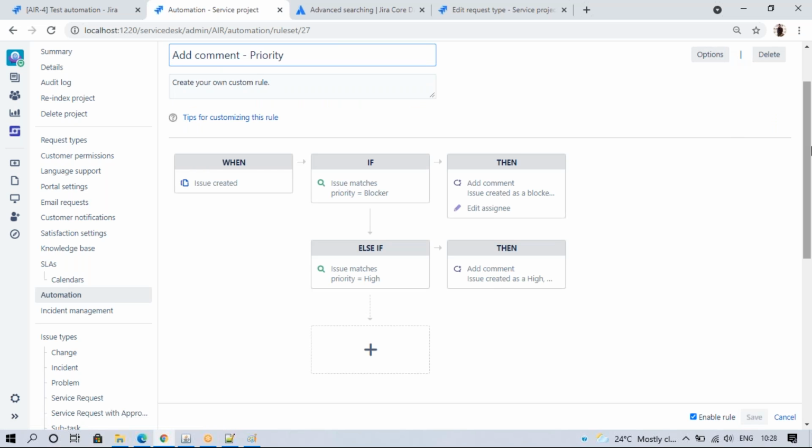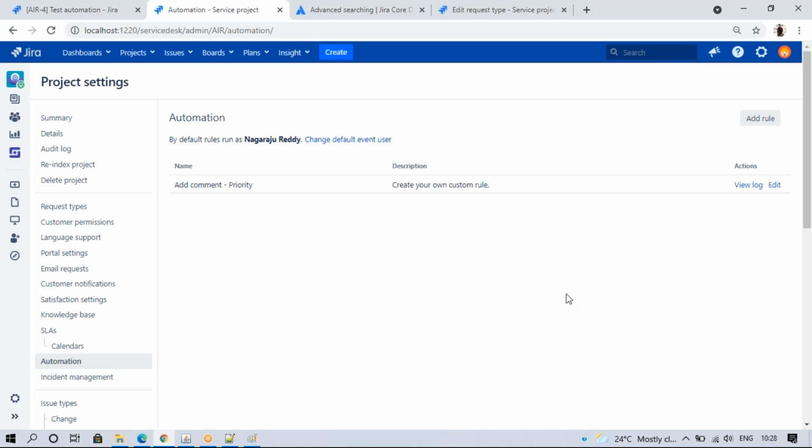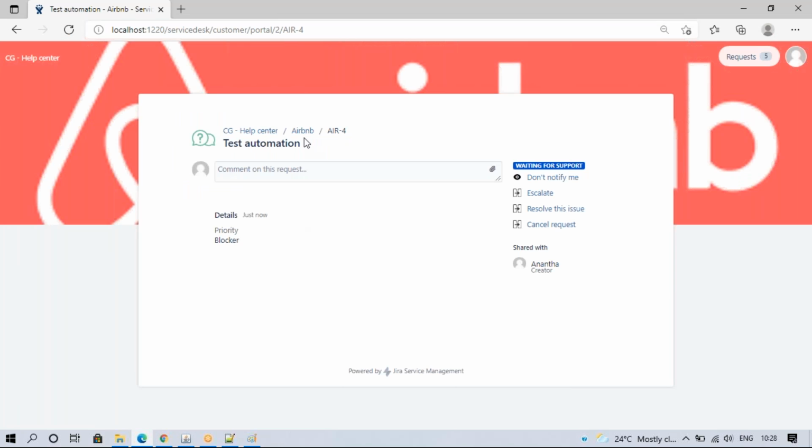So when you create this, click on the option, run as project default user, like admin. If you click on who triggered this, so who raised it, Ananta, then the comment will say Ananta added a comment, like that. And the same way, if I click on